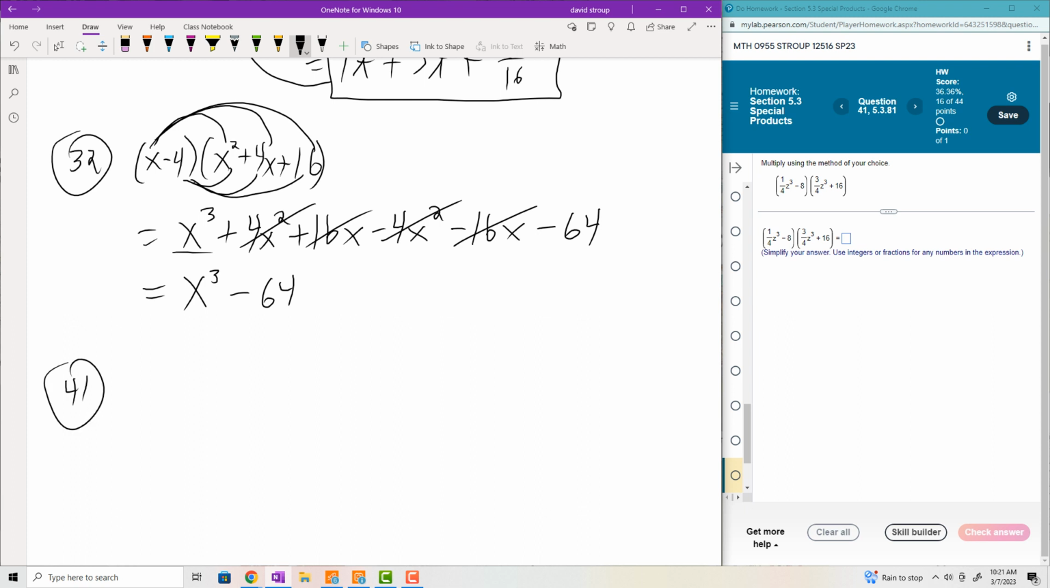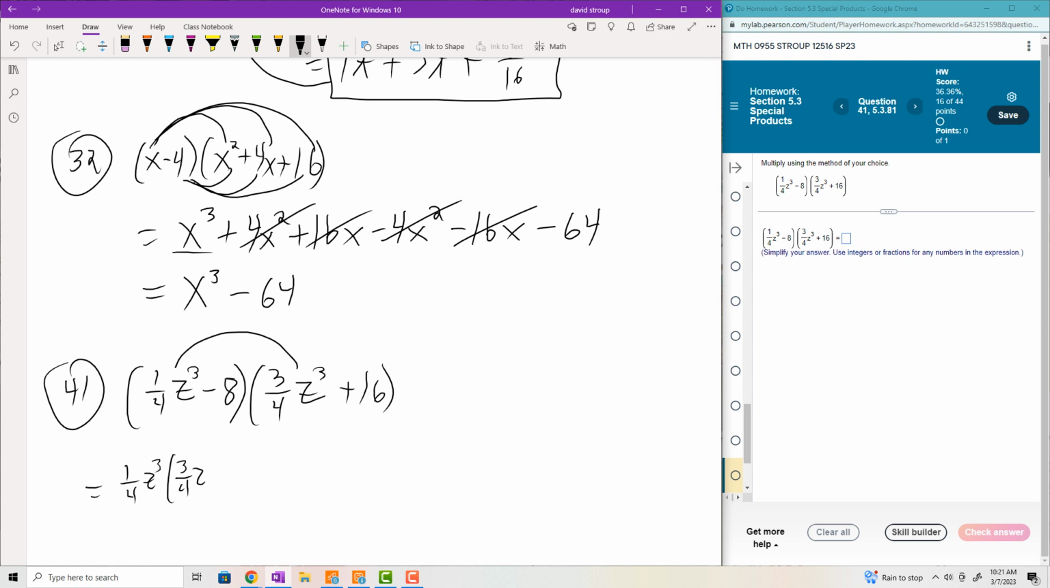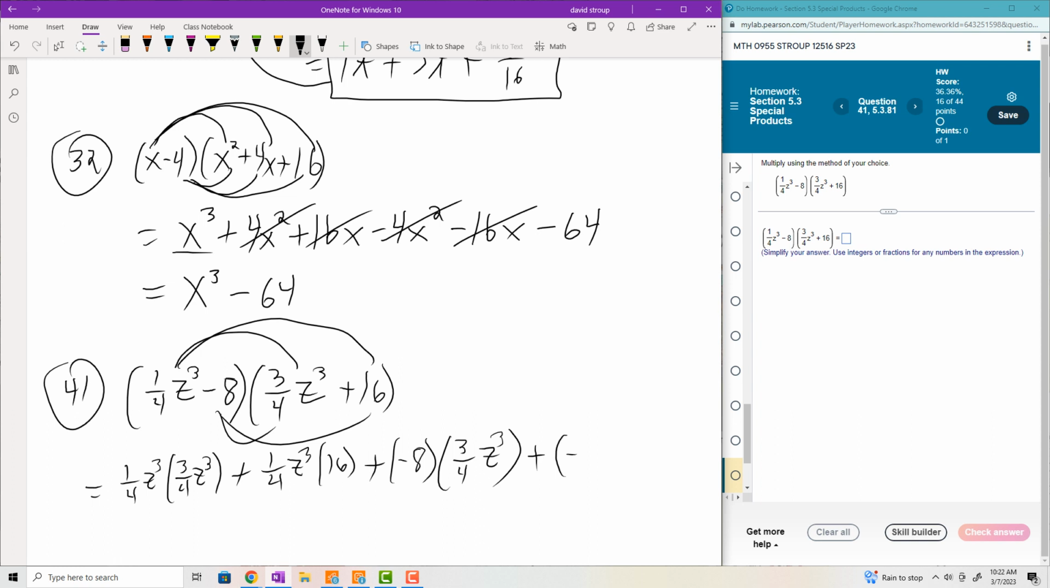So it's 41. So we get 1/4 z cubed minus 8 times 3/4 z cubed plus 16. So first we'll have 1/4 z cubed times 3/4 z cubed. The outer, so that would be 1/4 z cubed times 16, plus the inner will be negative 8 times 3/4 times z cubed. And then the last, plus negative 8 times 16. Okay,